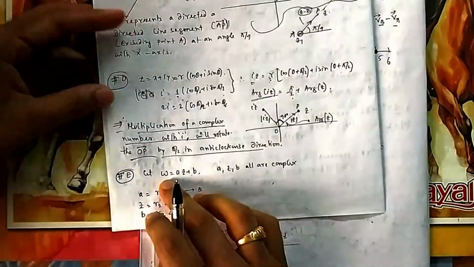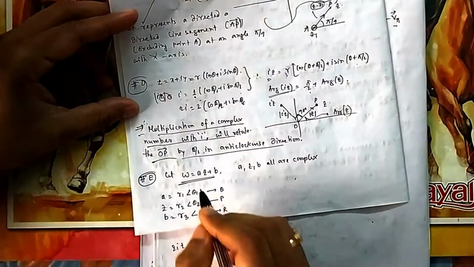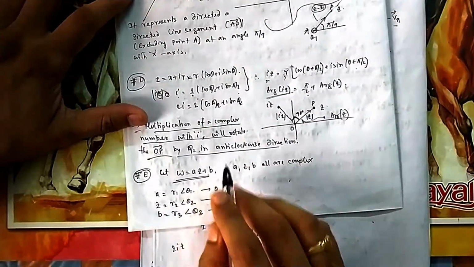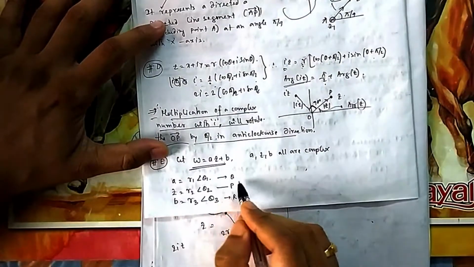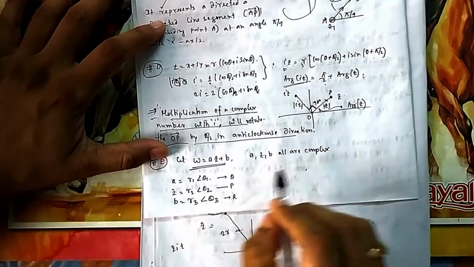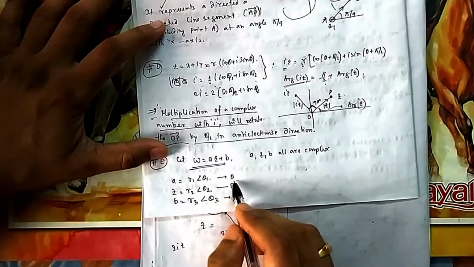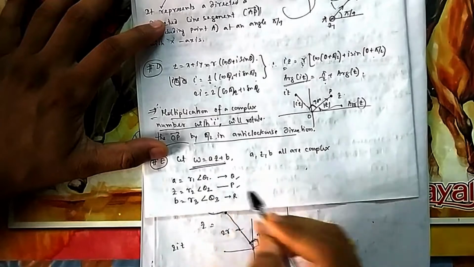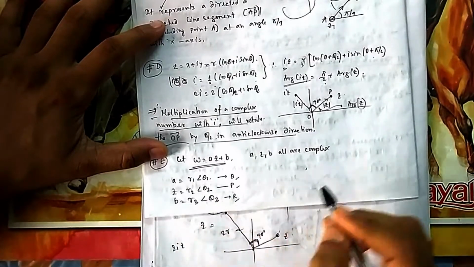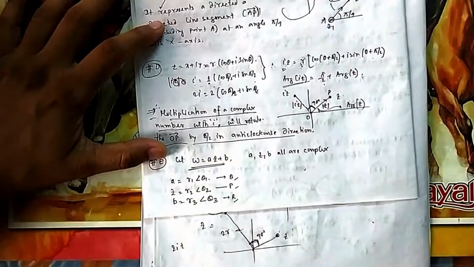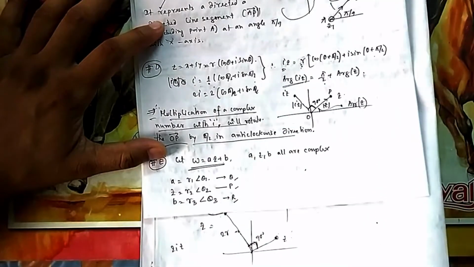The same thing I have done here in case E, so that you understand very clearly the meaning of multiplication and addition together. So if you see this one, W is a point, and all these are complex numbers, so you need to find W. These three are given to you: A is represented by point Q, Z is represented by point P, and B is represented by R. So if you do this, where will W be? That we need to find.